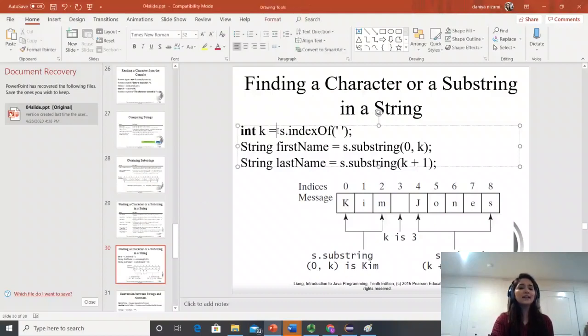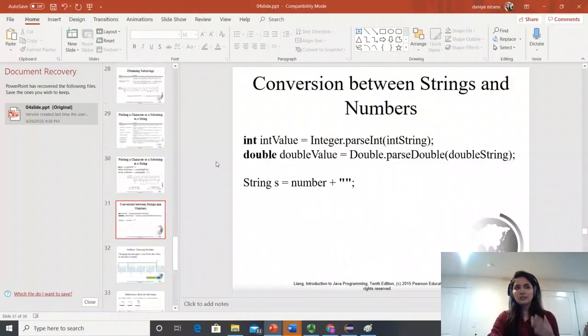First of all, you are asking for the index by using the method: I need the index of this space. So this k is holding it; when you're saying indexOf, indexes are integers, so it will return an integer number, which is k. So I am separating my first name by calling the substring method. Hey substring, start with index 0 and go till k. Remember, k is exclusive, so it will stop one step before the space, giving my first name, right? And then for the last name, it will be k plus 1 and go till the end, right? Does it make sense? And how useful these substring methods are? So this is how we are using strings with characters, like doing a combination.